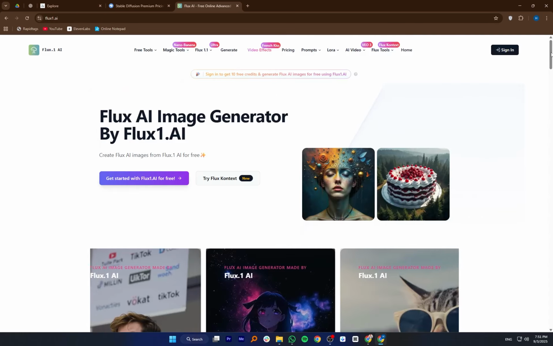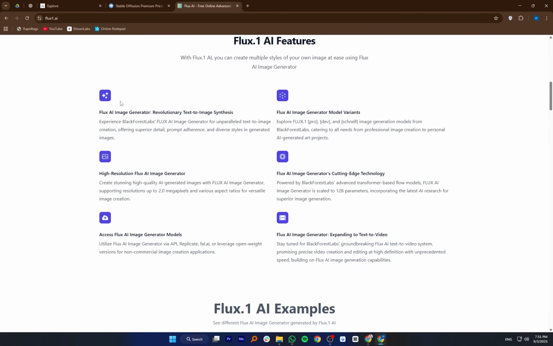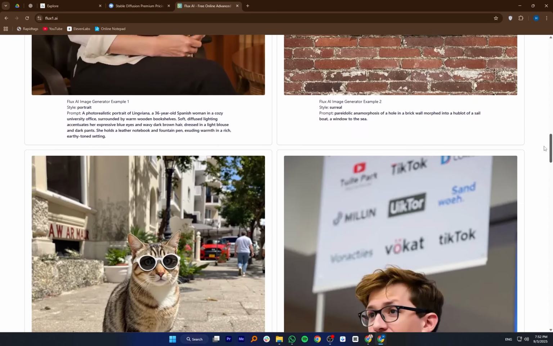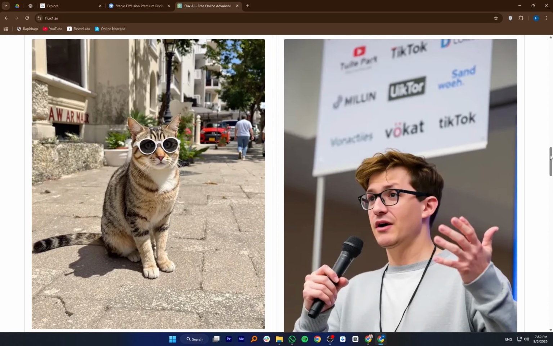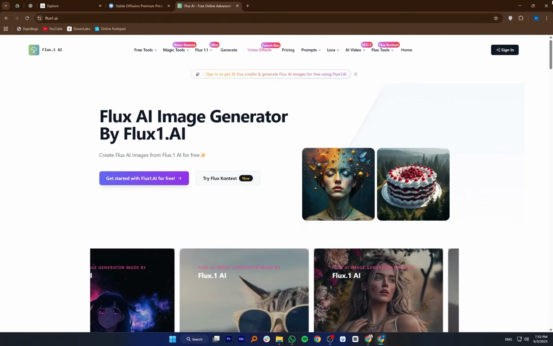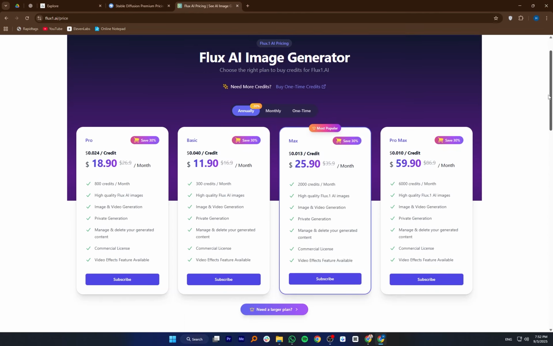Flux is an AI image generation platform designed to make creating visuals quick and simple. It has a user-friendly interface, so even beginners can generate images without any technical skills. The platform offers basic customization options to adjust the style and content of the images. While it may not produce results as detailed or advanced as Midjourney or Stable Diffusion, it is fast and easy to use. Overall, Midjourney is better for high-quality artistic images, Stable Diffusion is best for full customization, and Flux is